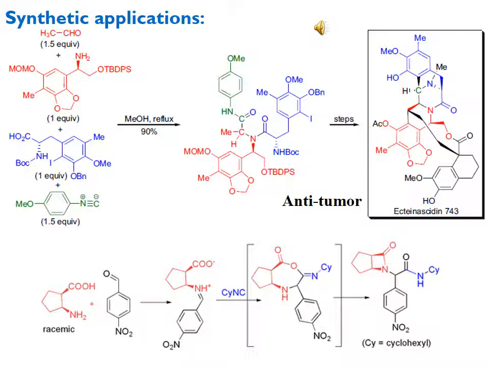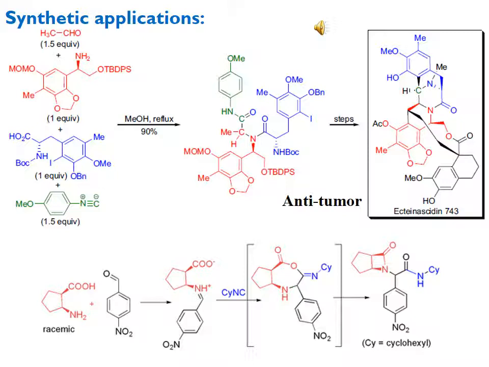If you remember the Boc protecting group, it was the tertiary butyloxycarbonyl protecting group. It is an ester which is used as a protecting group. And the fourth one is the aromatic isocyanate, and all of the four reacting species were refluxed with 95% yield, and we get this intermediate which is the pure Ugi reaction product, and then after a number of steps we get the final drug, which